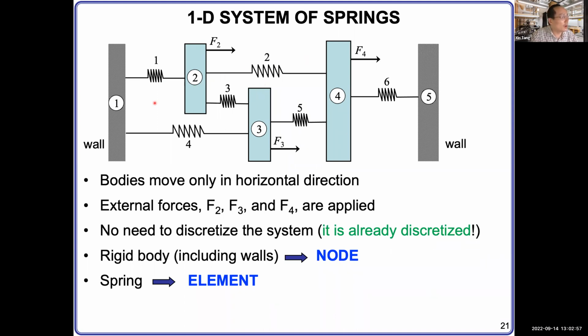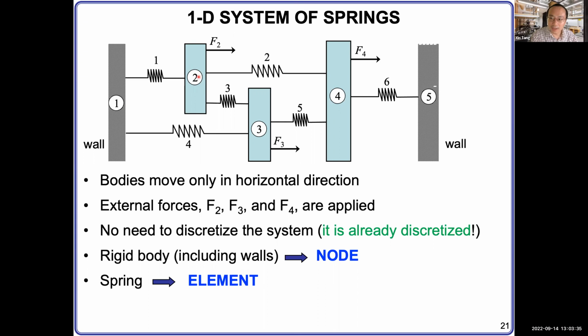The spring, the wall and the rigid body are connected together, solidly connected together. The wall cannot move, the rigid body can move. And also an external force can be applied to the rigid body. And here, a definition you need to be very, very familiar with is that the wall cannot be deformed. It can only sustain force and generate reaction force. So there's no displacement on the wall. Okay, that's the wall.